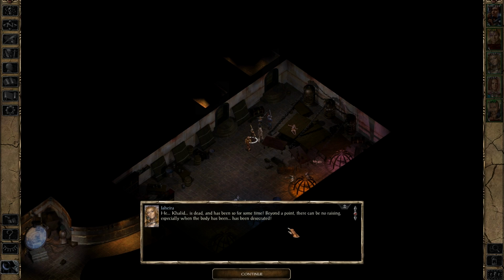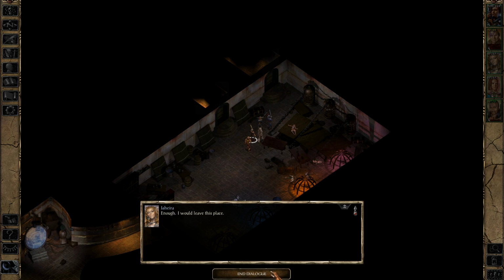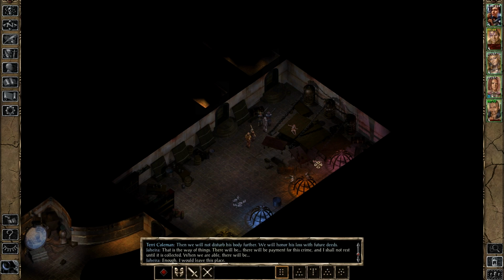Khalid is dead, and has been for some time. Beyond a point there can be no raising, especially when the body has been desecrated. We live in a time of miracles, and nature allows the rebirth of many that have passed beyond the veil, but there is a time when it is better to let go. Then we will not disturb his body further. We will honor his loss with future deeds. That is the way of things. There will be payment for this crime, and I shall not rest until it is collected. When we are able, there will be enough. I would leave this place. Khalid, if you had him...